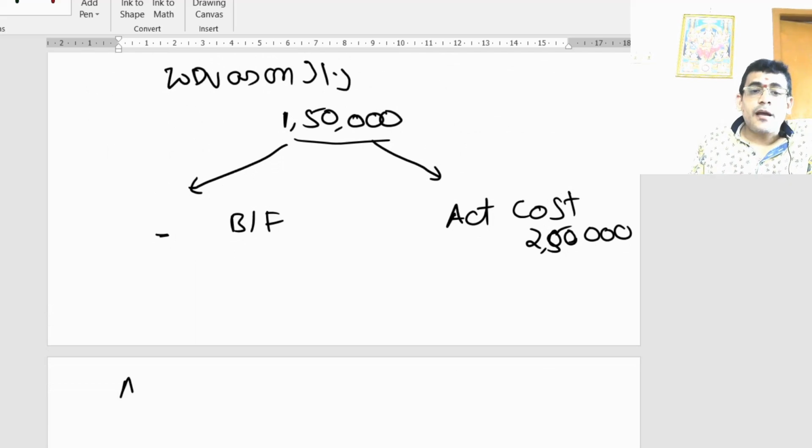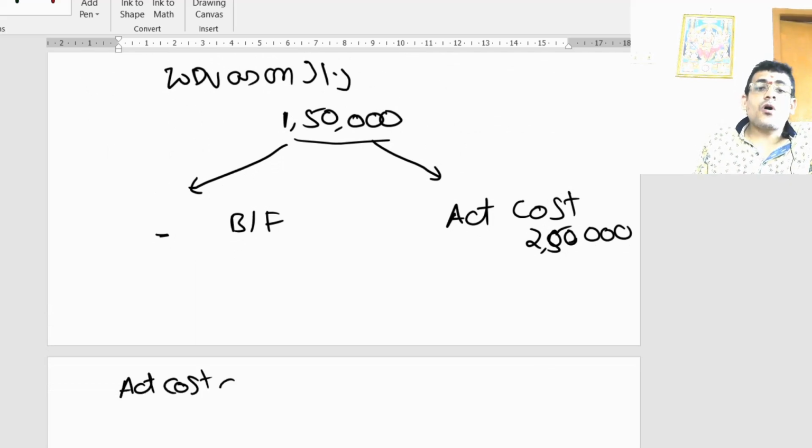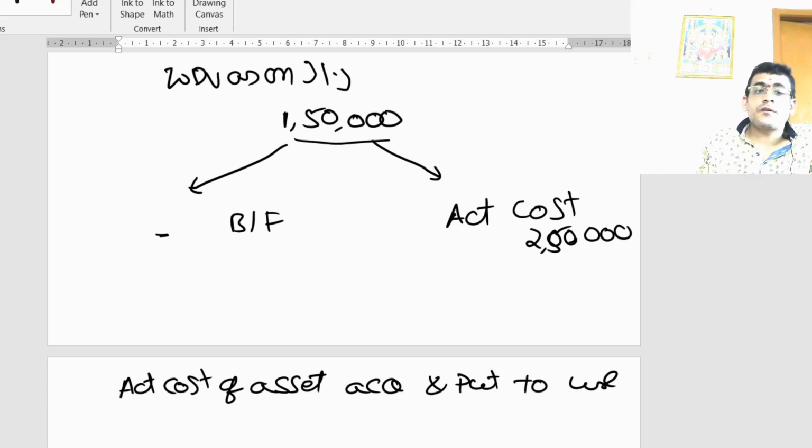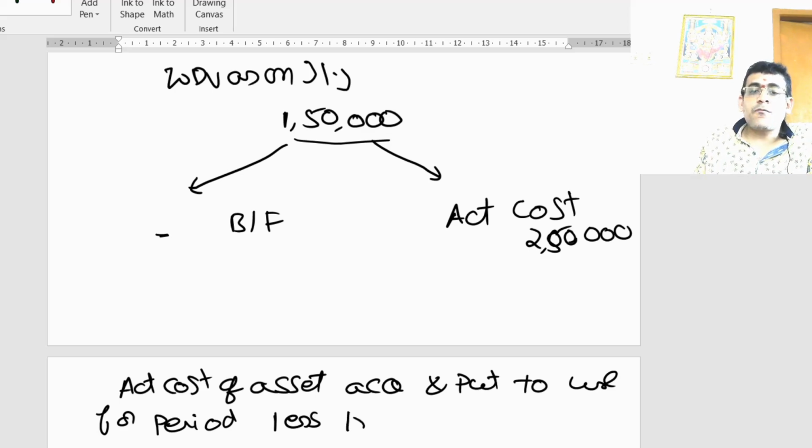Whenever actual cost of asset acquired and put to use for a period less than 180 days,